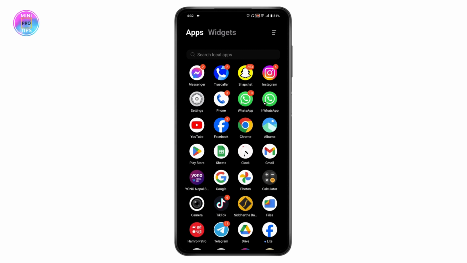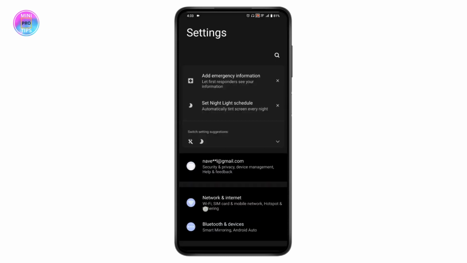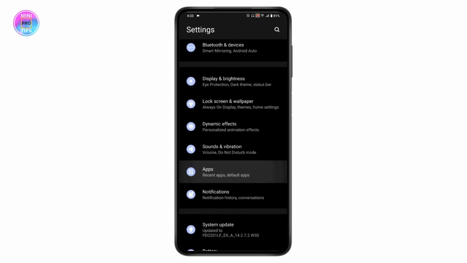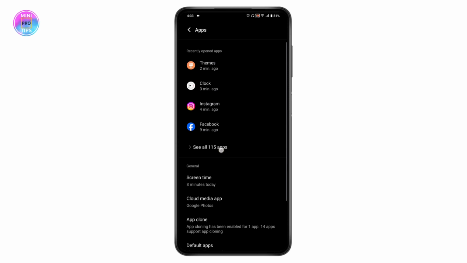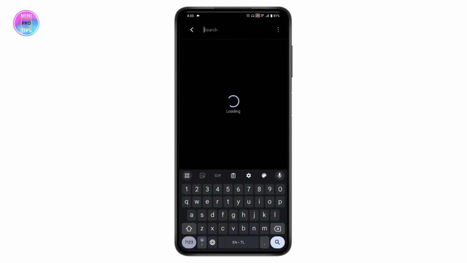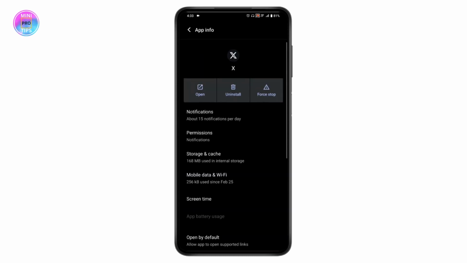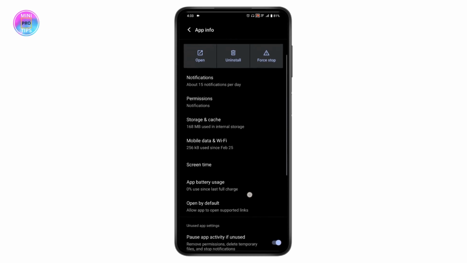then what you need to do is first open up the settings on your device, and under your settings you need to scroll down and go for apps, and under apps you will see all apps. Tap on see all apps, go for the search on the upper side, and then you can search for Twitter. Once you've searched for Twitter or the X application, which is basically the same thing,